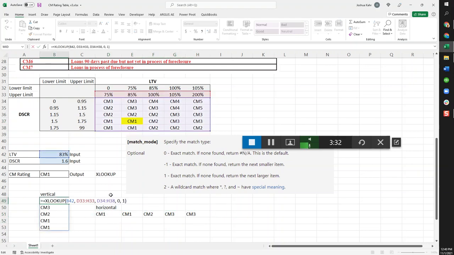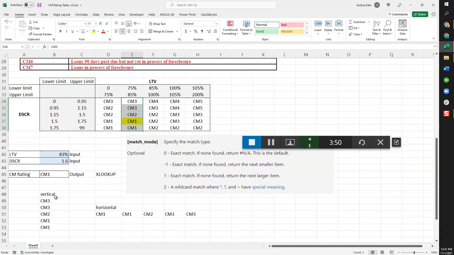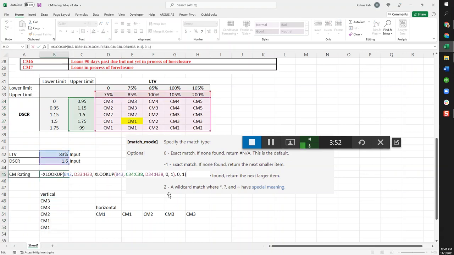In the same way, I could do a vertical. I could say look for 83% in the red zone, return what's in the purple zone. It looks for 83%. It sees that's below 85, but above 75. And it would return this vertical. And then the fun part is, if you put the fact that you're looking horizontal inside of the fact you're looking vertical, basically an XLOOKUP inside of an XLOOKUP,